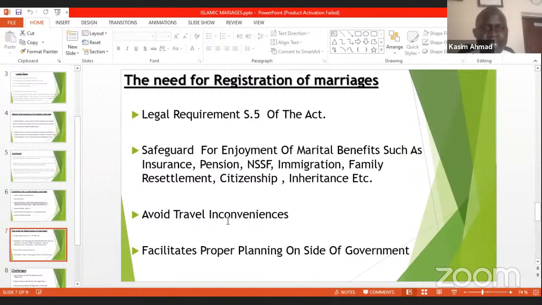So we really want to emphasize that, on the part of the Muslim marriages, many of them are celebrated, and because registration is not a condition of validity, many of them are therefore reluctant to have their marriages registered. But we hope that people will understand the benefits of having the marriage registered and also know that actually it's a legal requirement to have a marriage registered, and maybe that